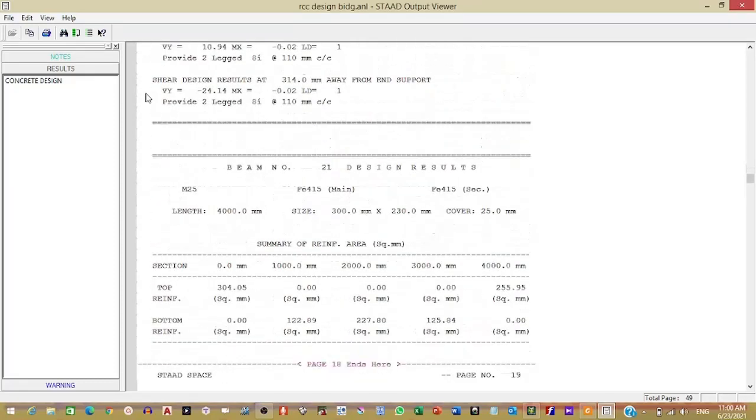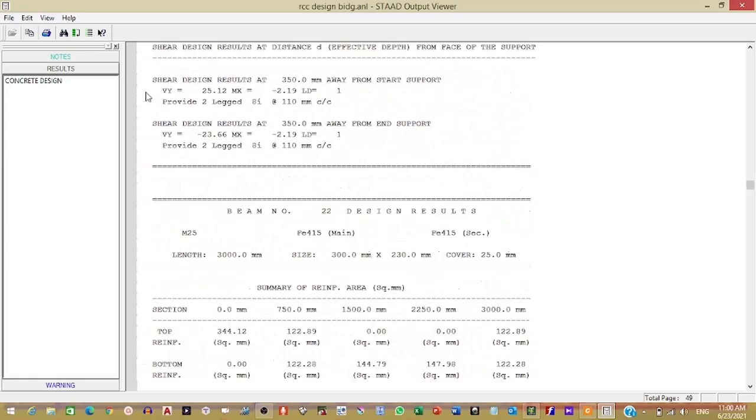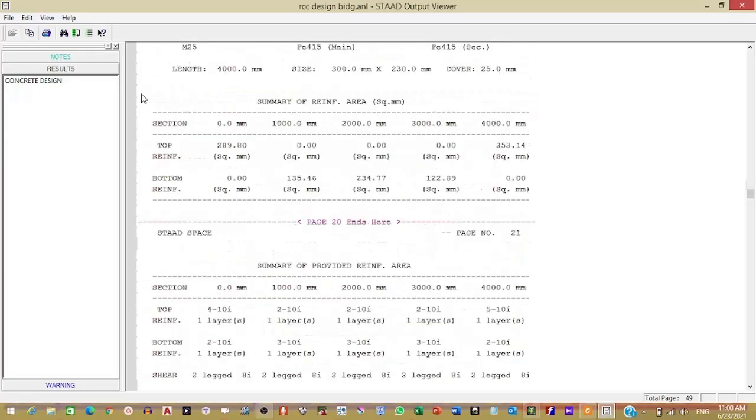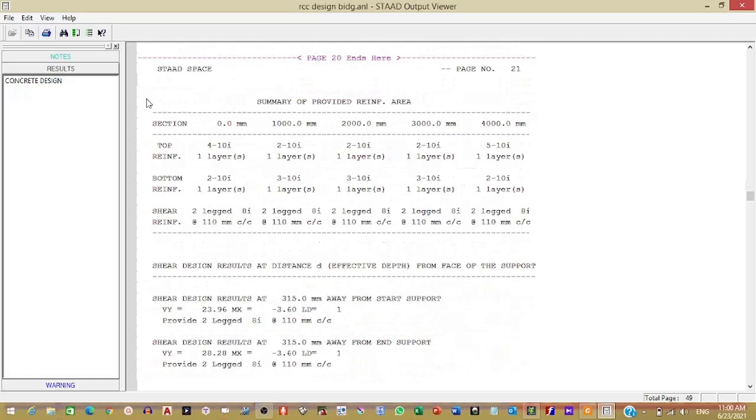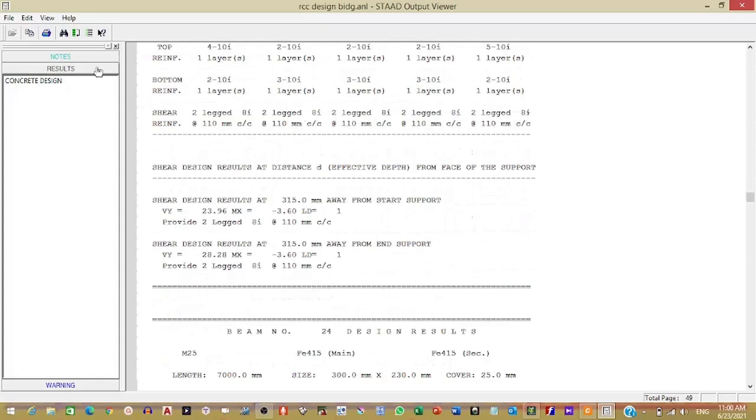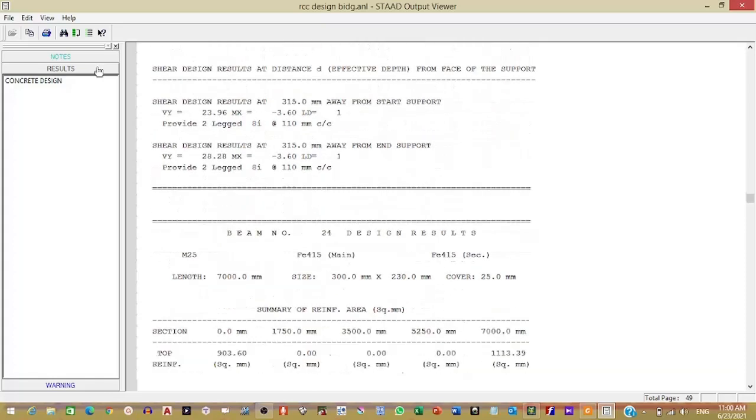You will get the steel area, and you can calculate the bar also. If you don't want to use the bar given by the software, say instead of 3 of 12, I need to use 16 mm dia bar. So I will calculate the number of 16 mm dia bars from the given steel area.